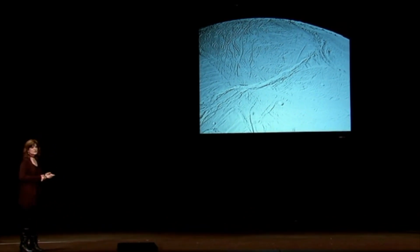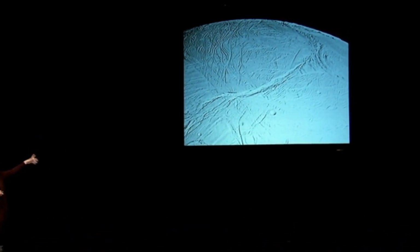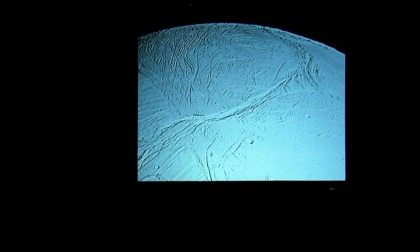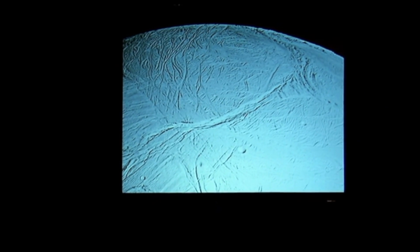This is a surface of Enceladus at 10 times better resolution than the previous picture. You can see it is completely tectonically racked, creating canyons, mountains, a few craters here and there, but just a very complex geological history, unlike the geological history of any other body in the Saturn system. And by far, the mother lode of discoveries that we have made on this moon is at